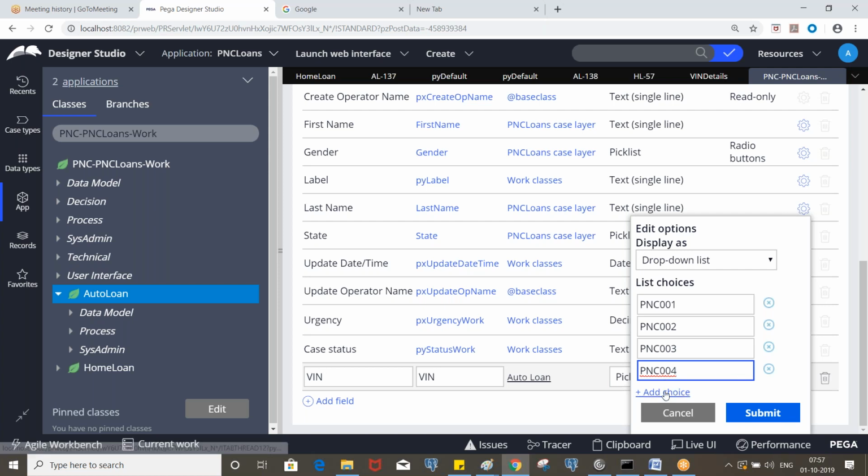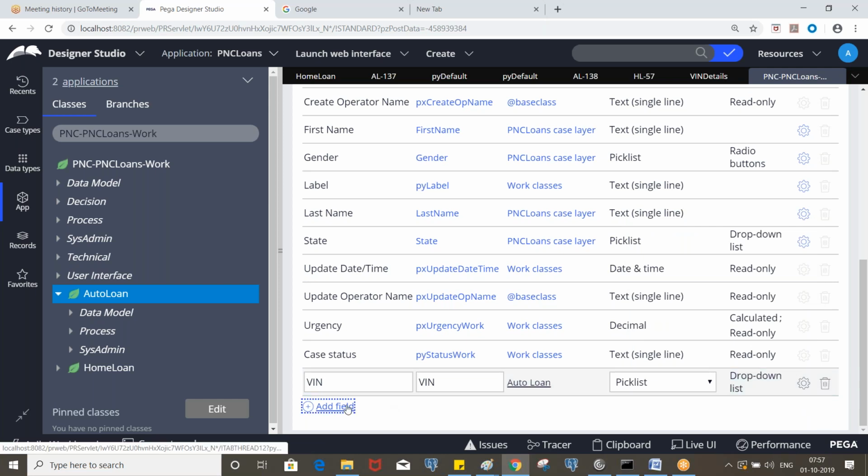Okay, so if we select PNC 001 which exists in the database, it will fetch the data. If we select PNC 004, we do not have a corresponding record, right? So in that case, it has to display a message saying that win does not exist in the database. That we need to handle. Okay.